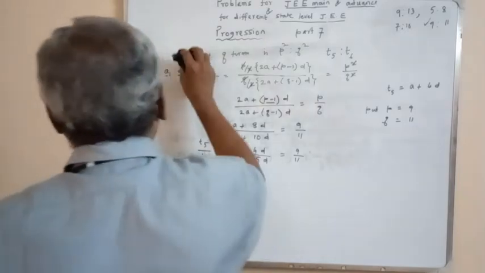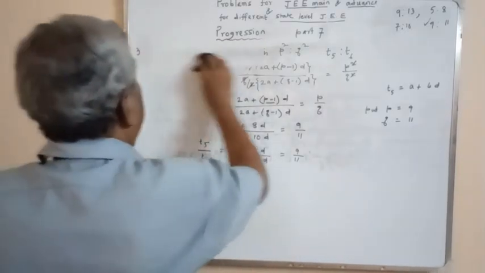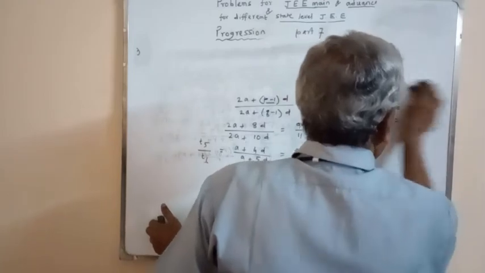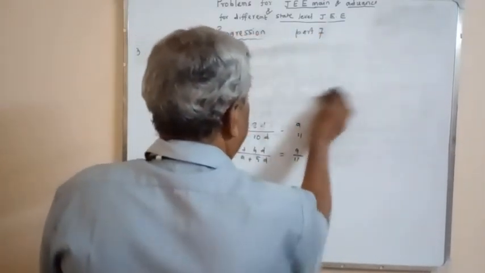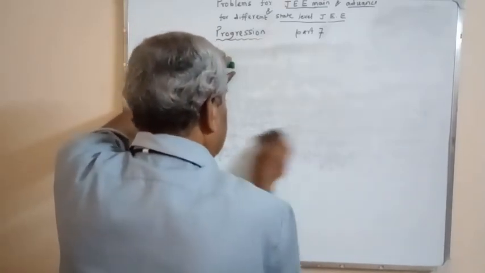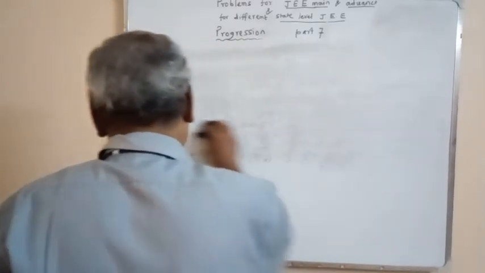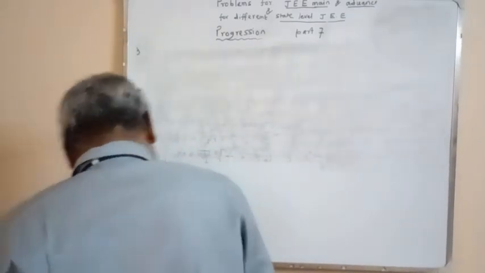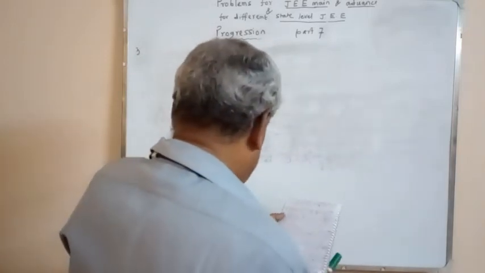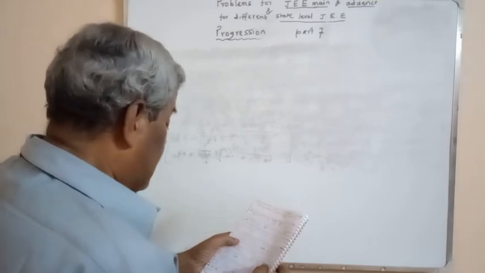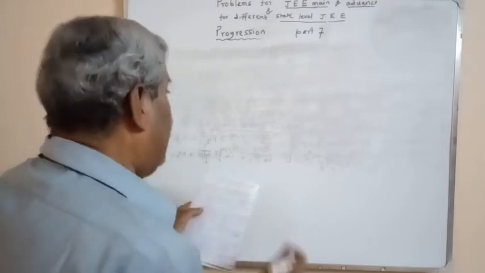Next, problem number 33. If, oh sorry, no, the value of n,